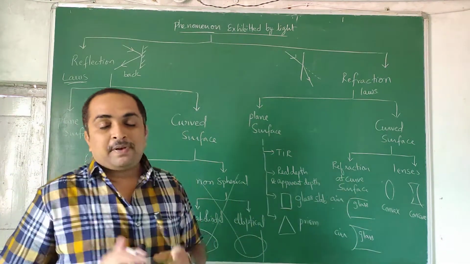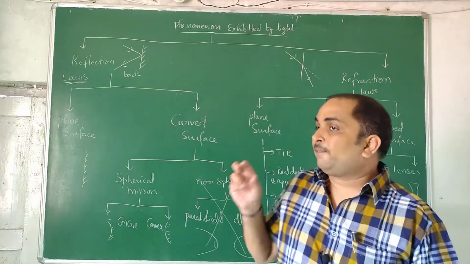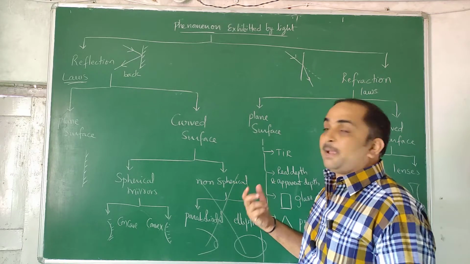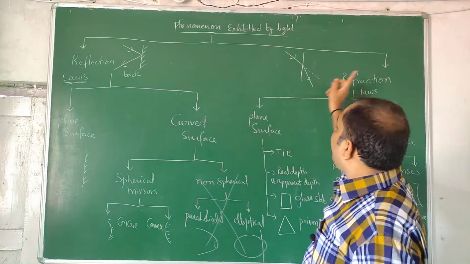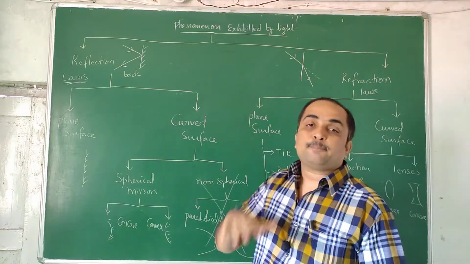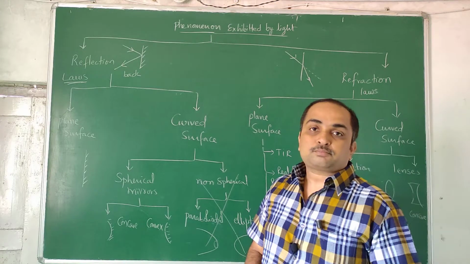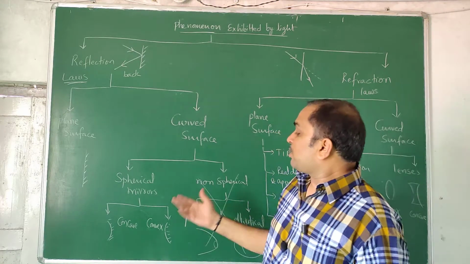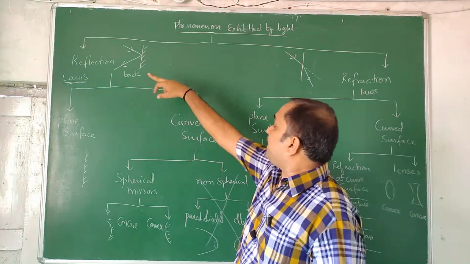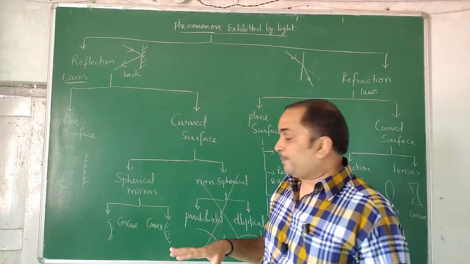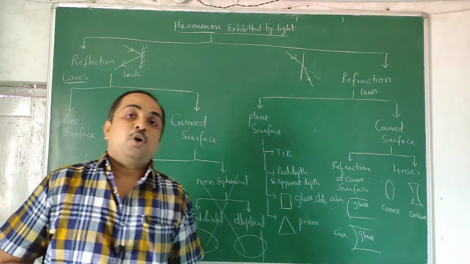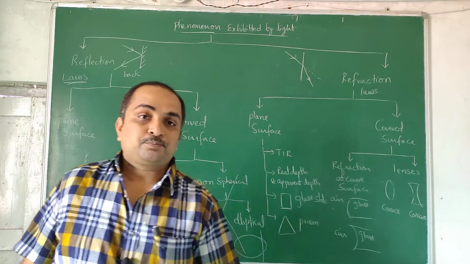So now your mind should be very clear. What is our target? Where is the problem? Whichever comes, you should be able to segregate. A problem is given on glass slab. So glass slab means refraction at plane surface. That theory your mind has to recollect from your memory blocks. Similarly, if they give some question related to convex mirror, that is reflection at curved spherical surface, spherical mirror, that theory you should be able to pull out from the folder in your mind.